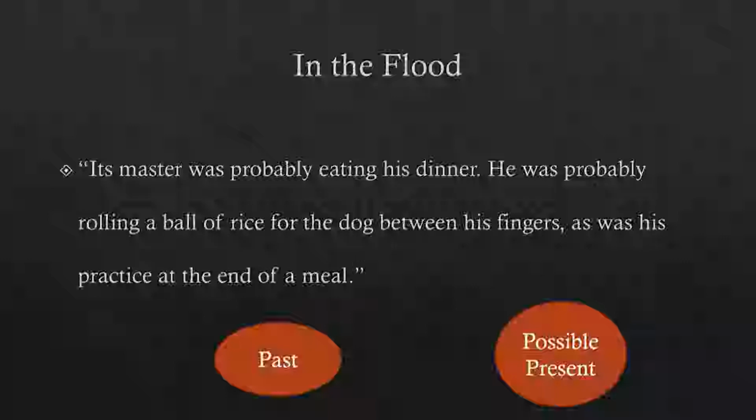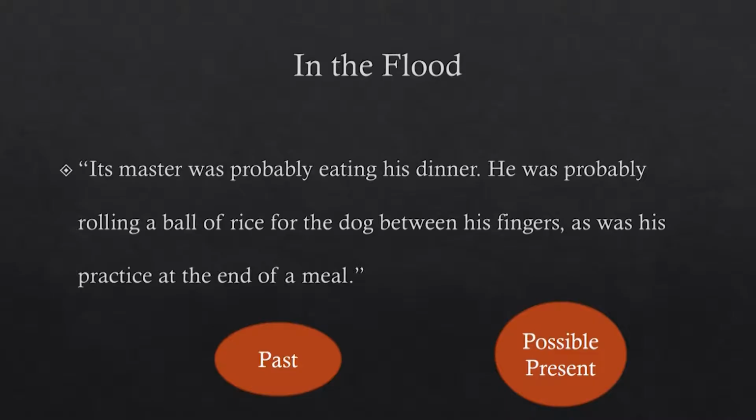He was probably rolling a bowl of rice for the dog between his fingers, as was his practice at the end of a meal. So, these lines are from the narrator, and he describes what Chenin would probably be doing right now when his dog is caught in the flood waters. So, Chenin would have kept a bit of his share of the food for the dog at this point of